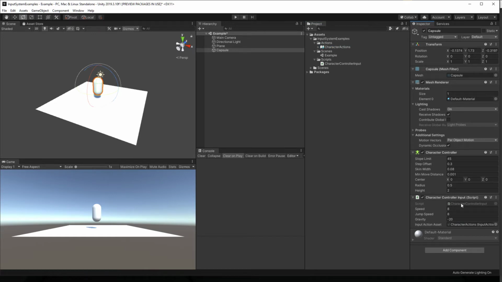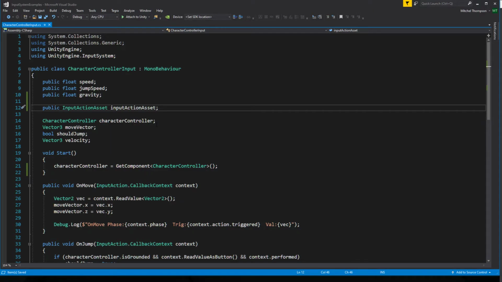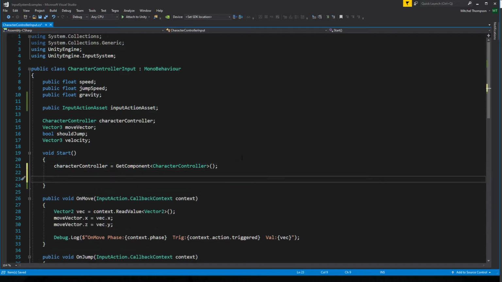And this is where we take a bit of a detour into strings and correctly typing things in based on the data that's inside the input action asset. You could use references as well, and I think I will actually cover a little bit of that in this video. But the general idea is